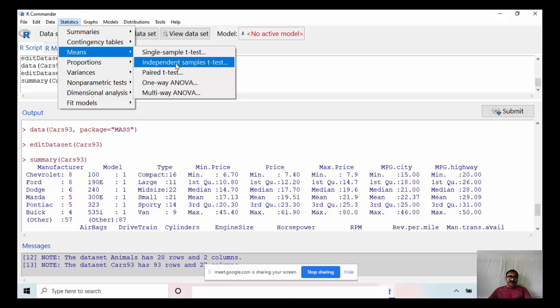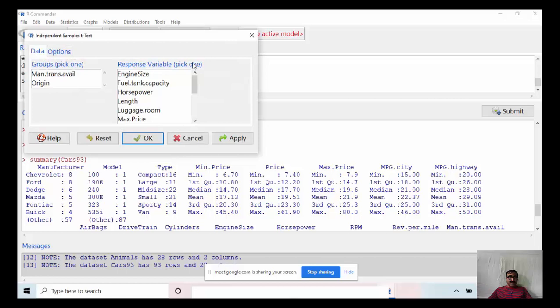So see here, single sample t-test. We have already performed this one, and this is independent sample t-test. Here we have two different samples and they are independent of each other. So here I select, see groups, only two variables can be chosen under groups.